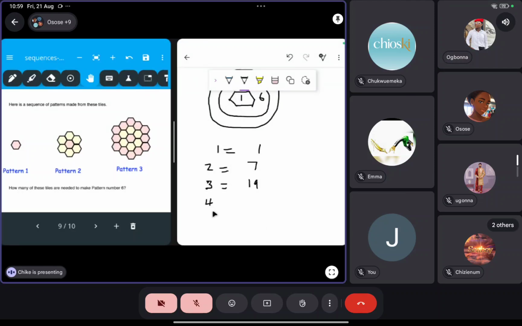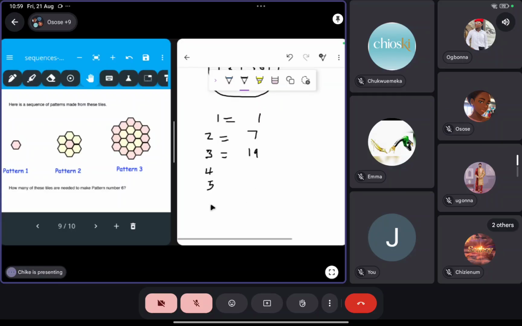Yes, that could work. So as I said, we must identify the pattern first in order to move forward. Now, like you said, 6 will not work in itself, but a multiple of 6 is working. Because if I add 6 here, the first multiple of 6 is 6. The next multiple of 6 is 12. The next multiple of 6 is 18. So 19 plus 18 should give me